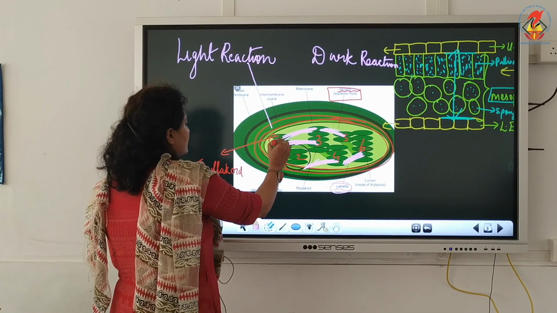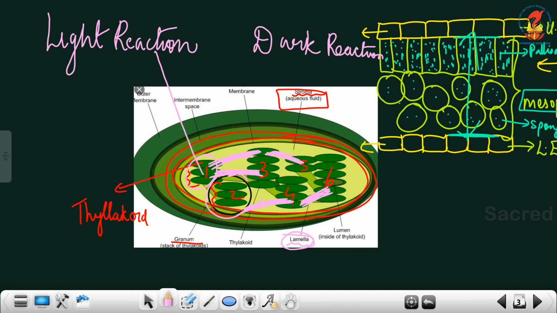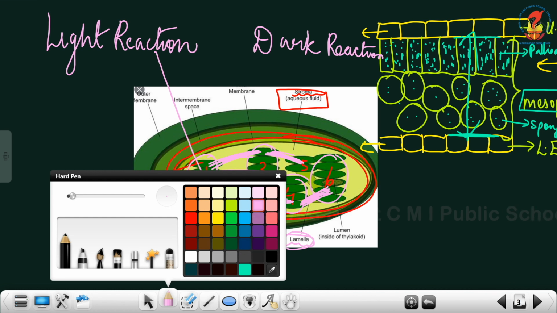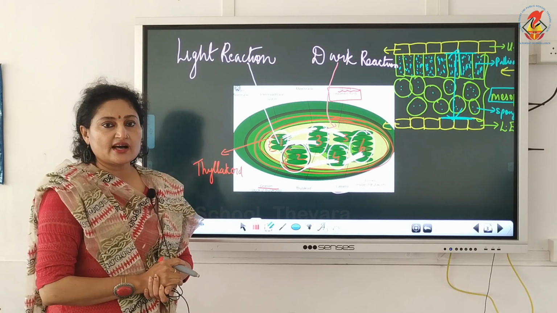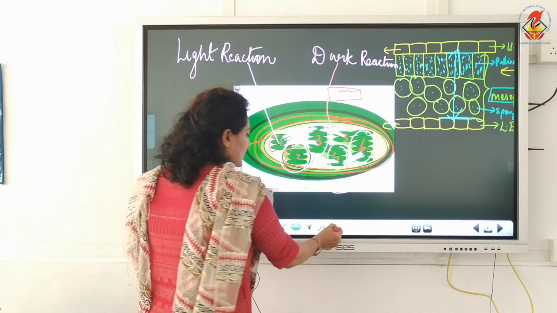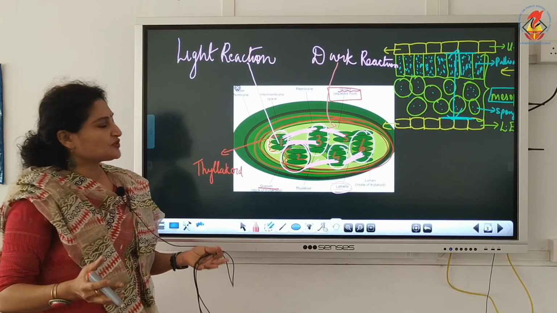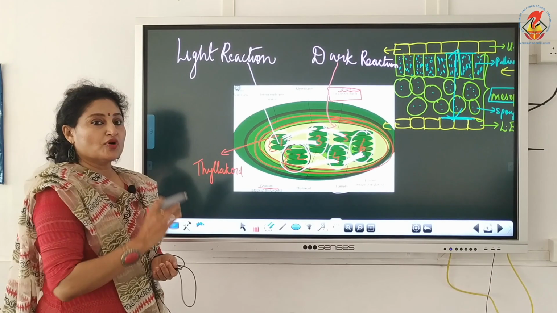Light reactions occur in the grana. So in the stacks the light reaction is occurring. So in all these stacks light reaction is occurring, whereas dark reaction occurs in the stroma. So there is a clear-cut division of labor. Light reaction occurs in the grana and dark reaction occurs in the stroma. Now further, with more differences between light and dark, I will be going to the next portion, but very importantly,